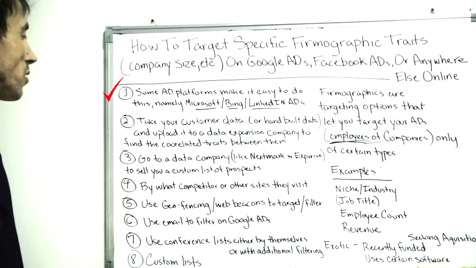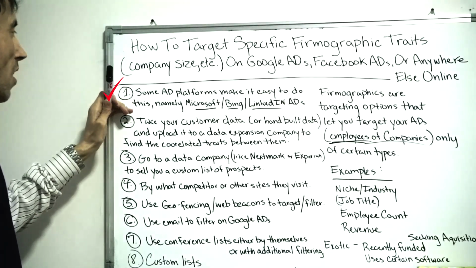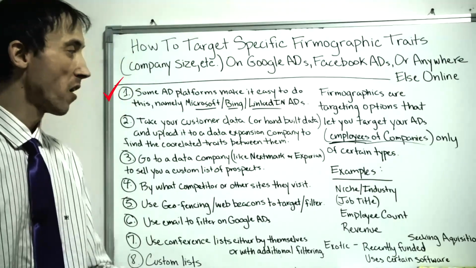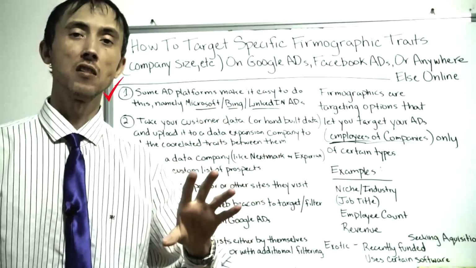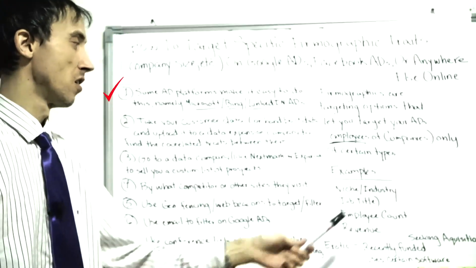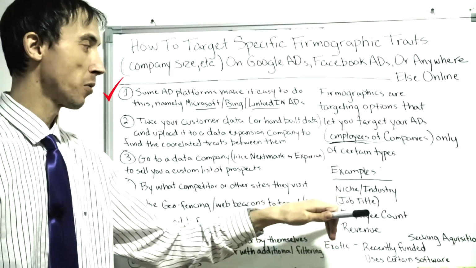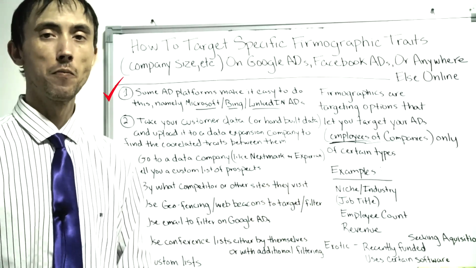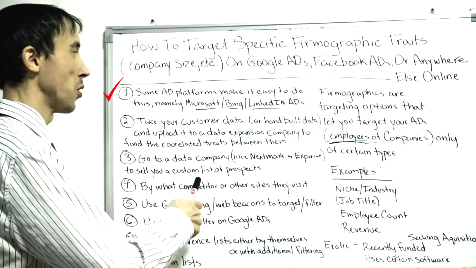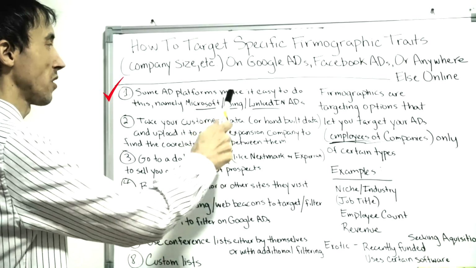So the first of which is to mention here, if you're advertising on Microsoft, Bing, or LinkedIn ads, for the most part, you don't have to do anything tricky to target people with certain firmographic traits. You can target people by industry there, job title, employee count, revenue, and so forth. And most people know that about LinkedIn, but you can also do that same thing on Microsoft/Bing,